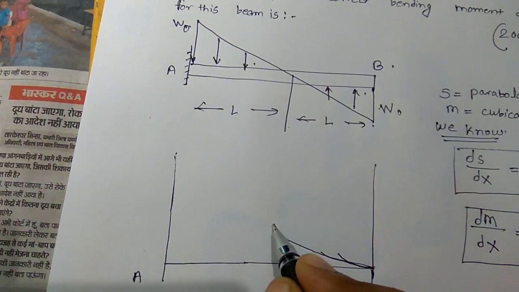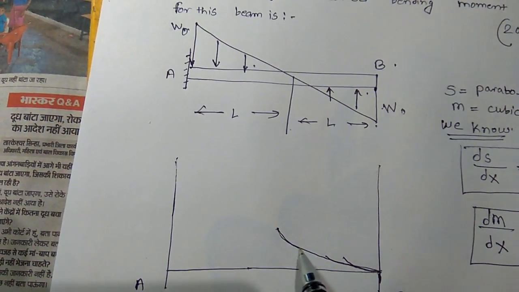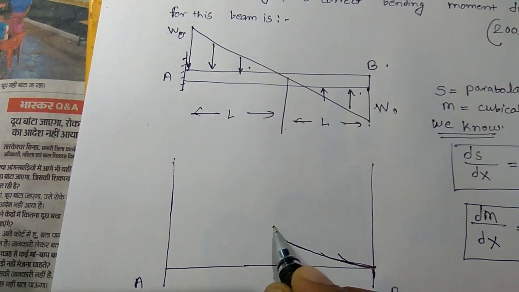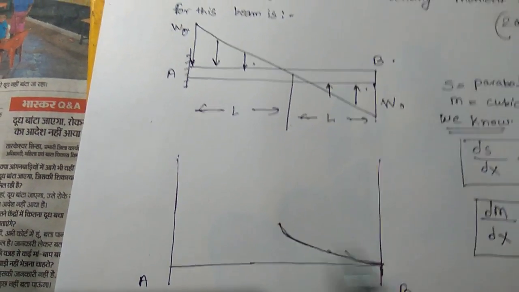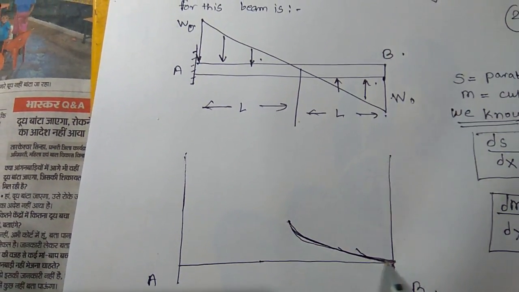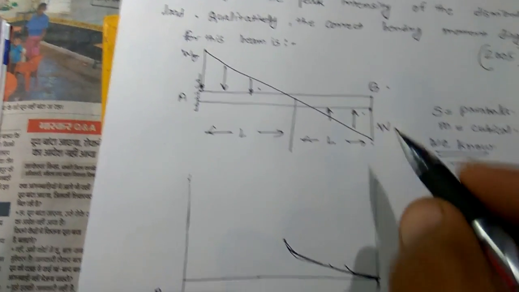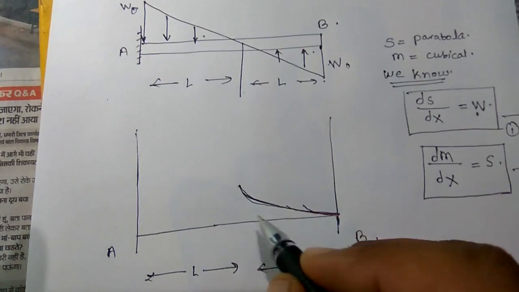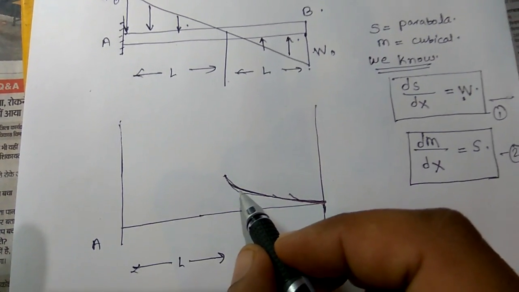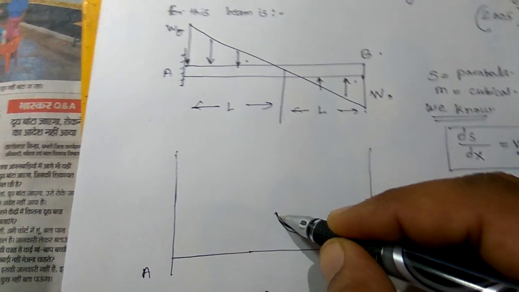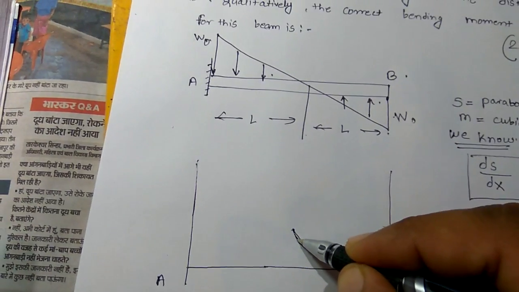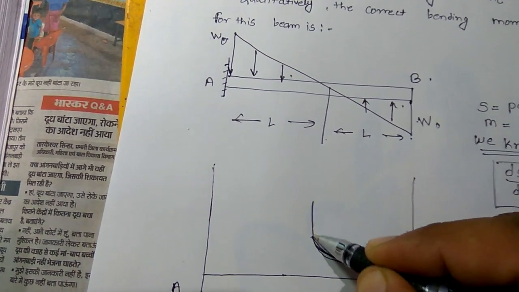Okay, cubic shape. It's a cubic, not a parabola. At the length L, the shear force will be the maximum, so the slope of the bending moment diagram will be a maximum. The slope of the bending moment diagram will be maximum,